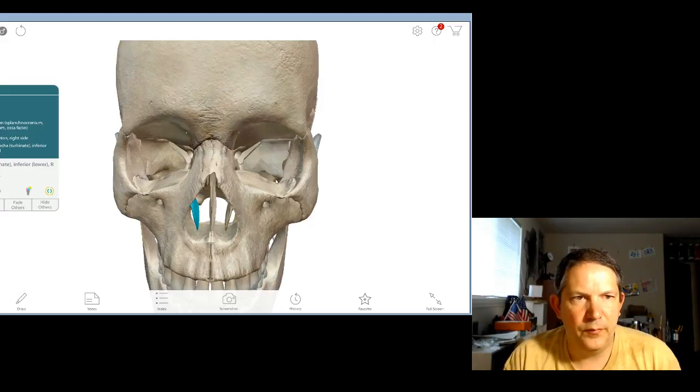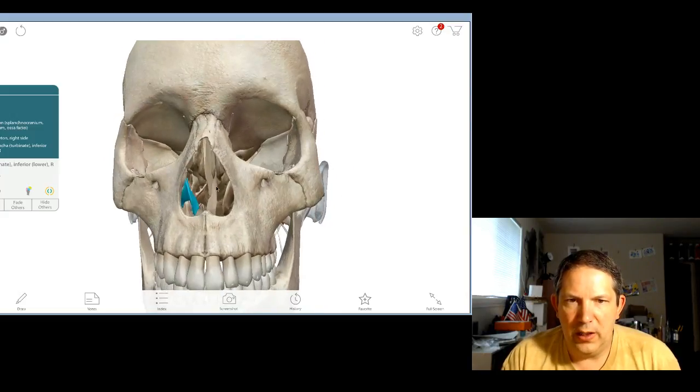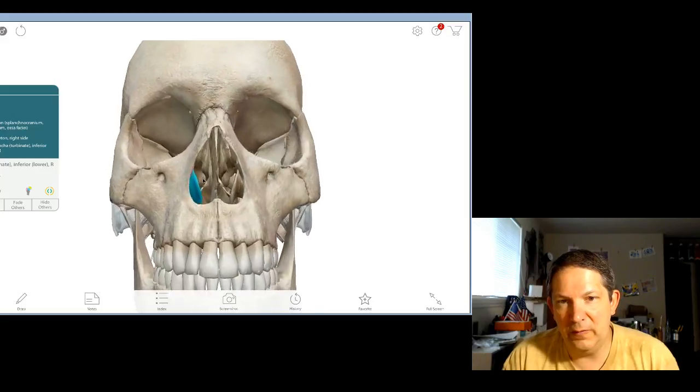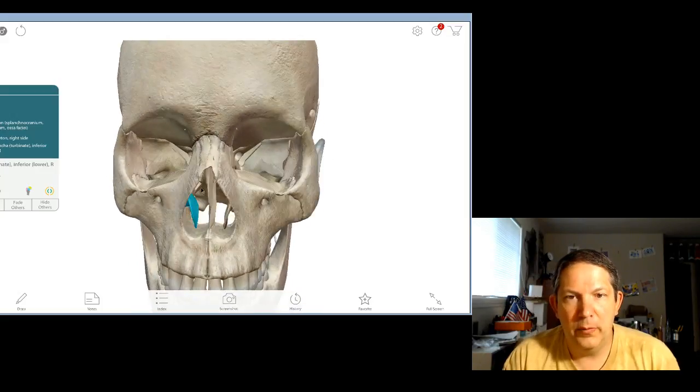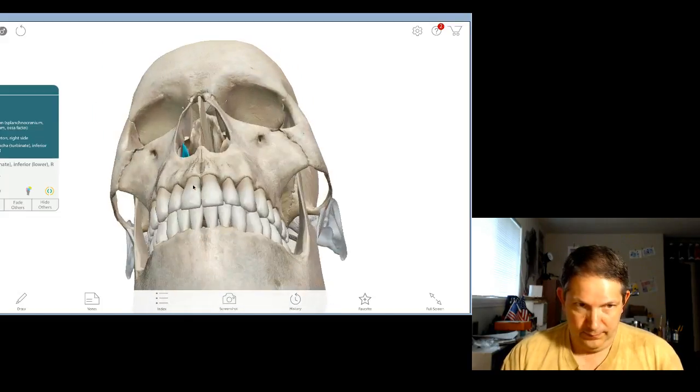Either one's fine. So lower or inferior nasal concha. So the middle concha can be seen there, and the superior concha, I don't know, is that it? You can't visualize it usually very well, but the superior and middle are part of the ethmoid bone. The inferior nasal concha is its own bone. Okay,